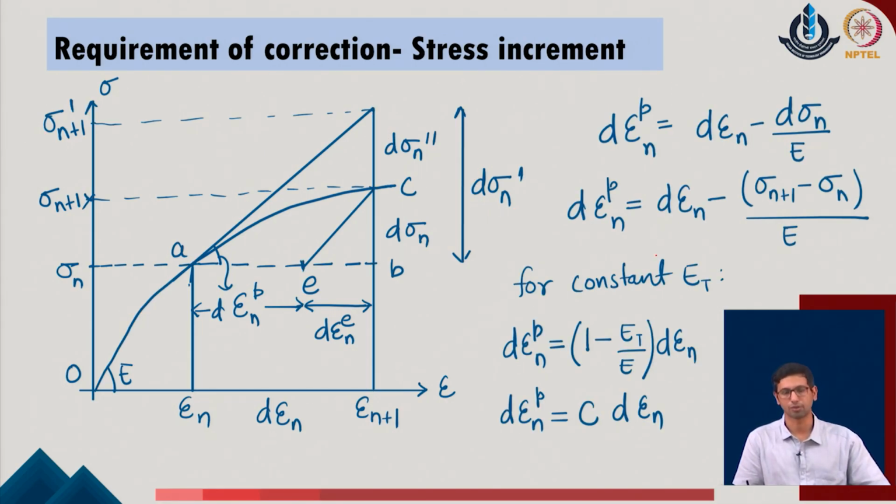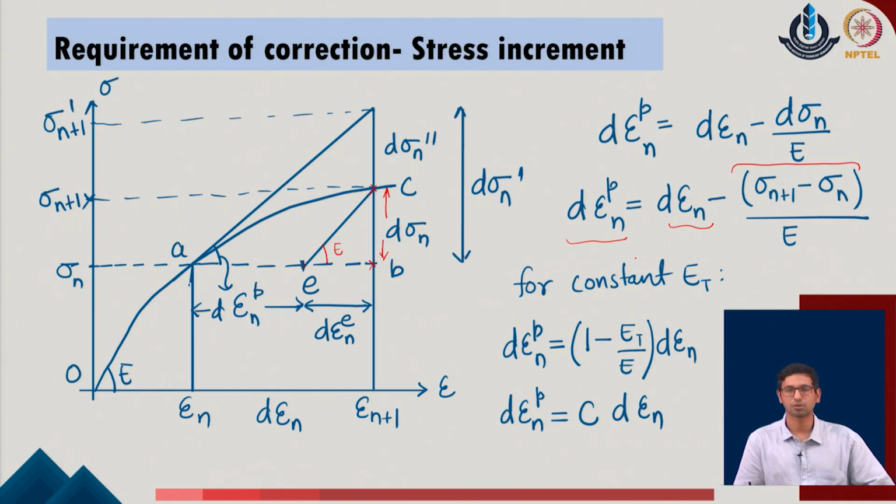So, based upon this idea, we are able to identify the plastic strain parameter on the given system, and that is typically described with respect to the original strain in the given system, the overall strain which is adopted based upon the stress increment on the system, minus the corresponding value, which is sigma n plus 1, the value at this level, minus sigma n, this corresponding difference in the given system, divided by E. So, the effective initial elastic modulus of the system which was defined for the given problem, based upon that we evaluate the effective elastic strain on the given problem, and that we remove from the overall strain value to calculate the plastic strain parameter of the given system.